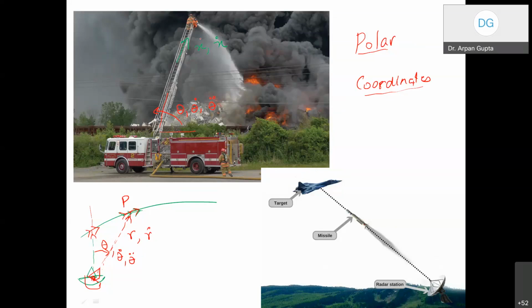Same phenomenon on the top. So using x dot, or I can say r dot. Same thing, right? So if I measure it with respect to this, in fact, a better thing would be r and r dot. So we have r and r dot, and theta, theta dot, and theta double dot. Now, can we specify the motion of this end particle? So these are same problems, and this is what we are going to learn in this section.